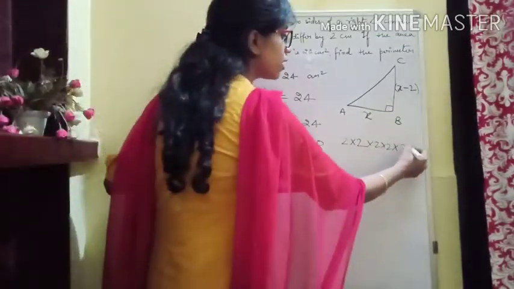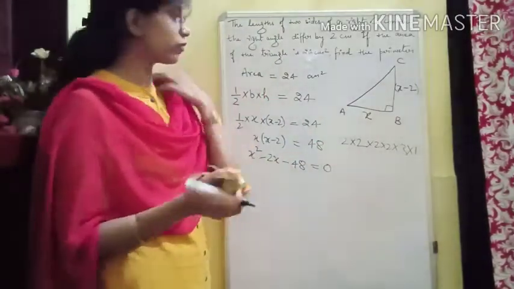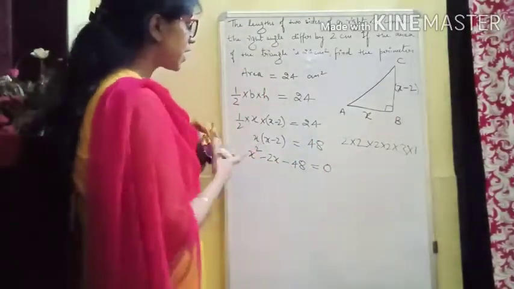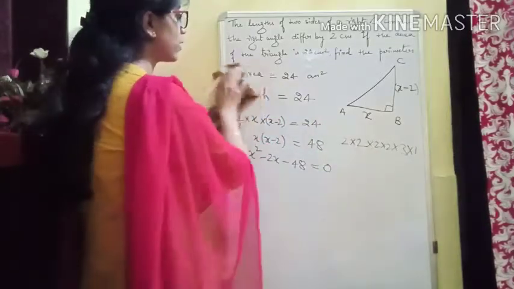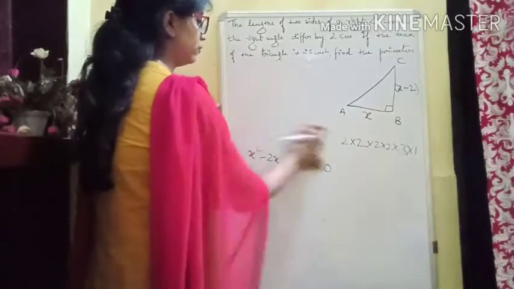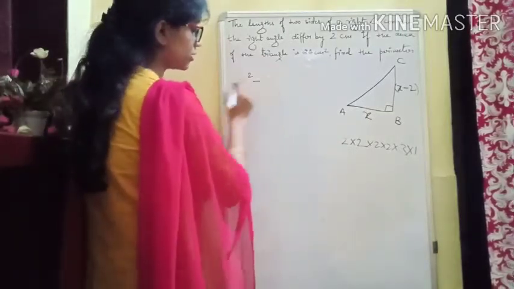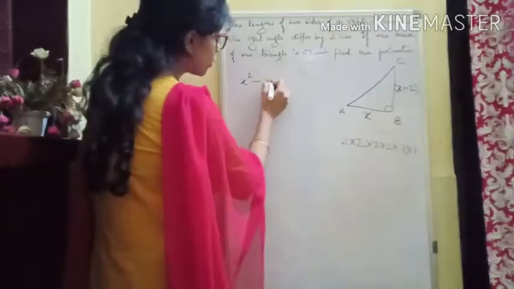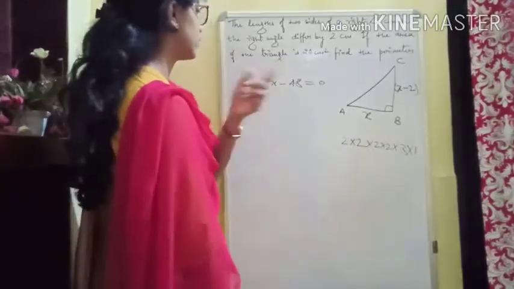And always we are supposed to write this 1, because 1 is always a factor. So now since we have to break this term into 2, we have to split these terms into 2, I am going to write so that we can get space. So here it is, the question was x squared minus 2x minus 48. So this is our given question.